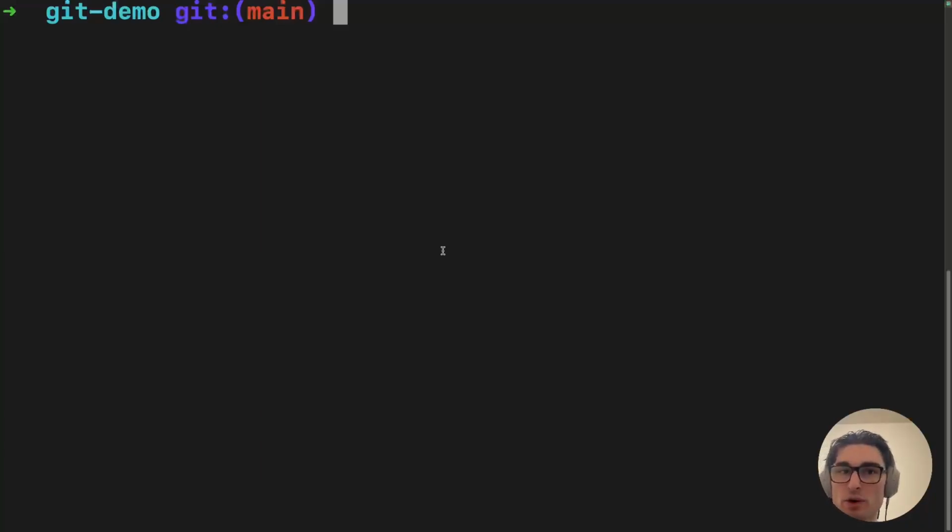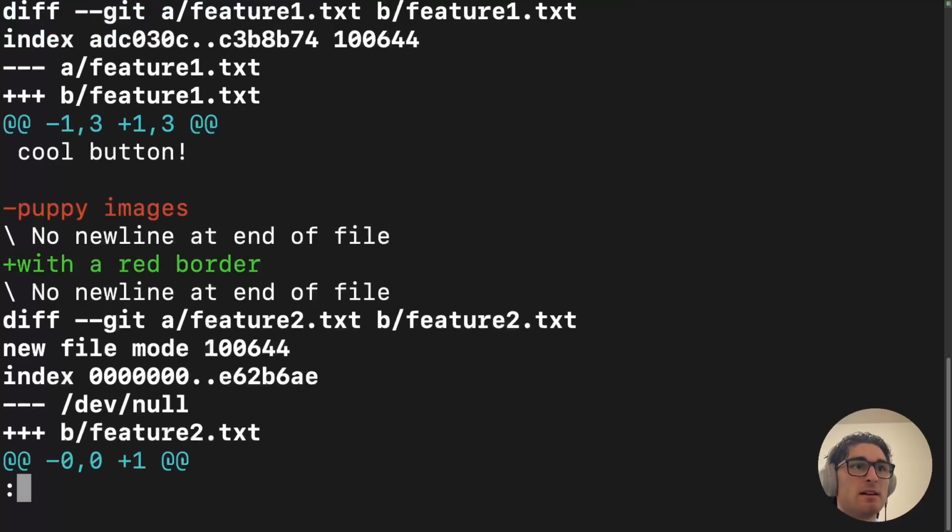Somebody can work on new feature and then work on new feature 2, and at a point later down the line when they're both ready, they can be merged in without having overwritten each other. So let's do that. Let's first git diff new feature 2, see what we would change. We would get rid of